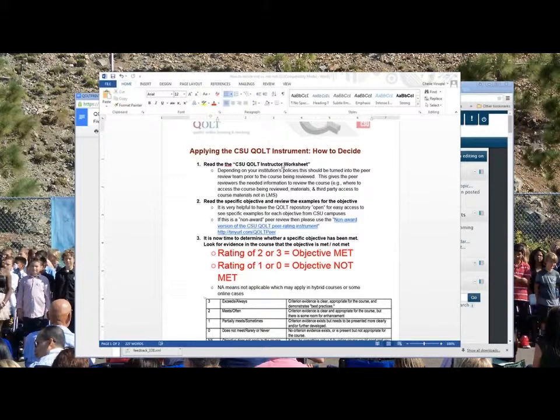So you can use that, obviously, to help you. You can also use the COLT repository, which we talked about earlier in the module, and we have links to. That has exemplars of each of the objectives and examples from different campuses for each of the 54 and soon to be 58 objectives in the instrument that you can use as a reference if you need to as you're going through and